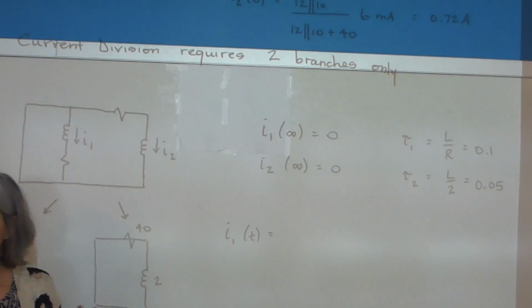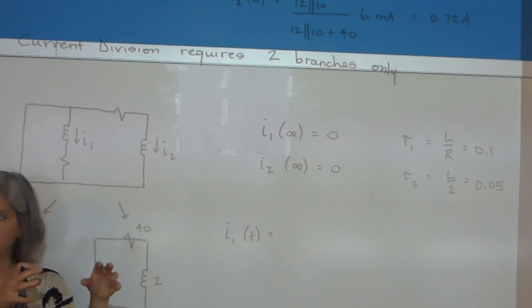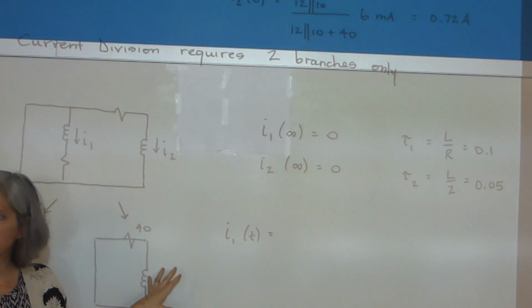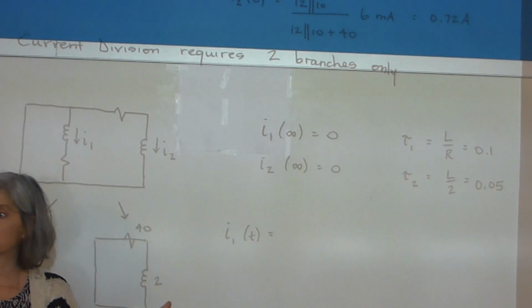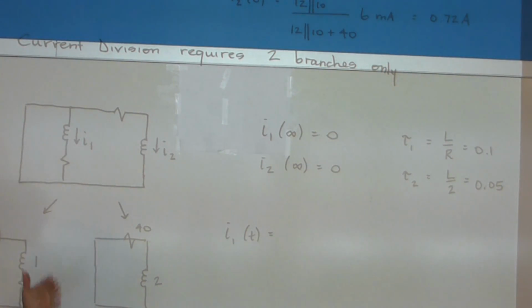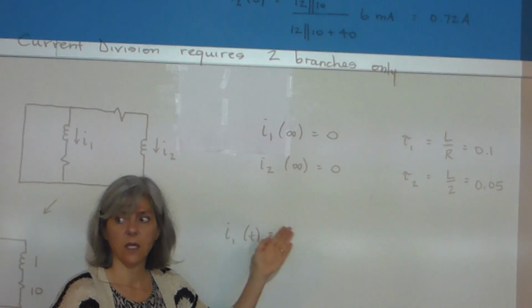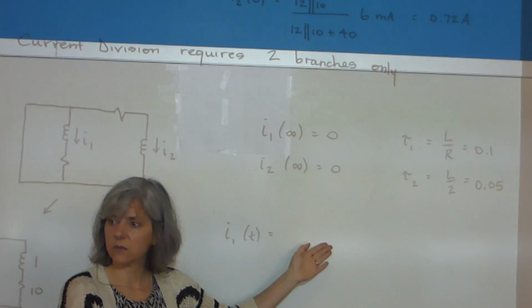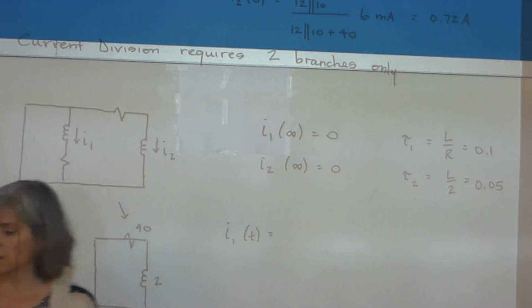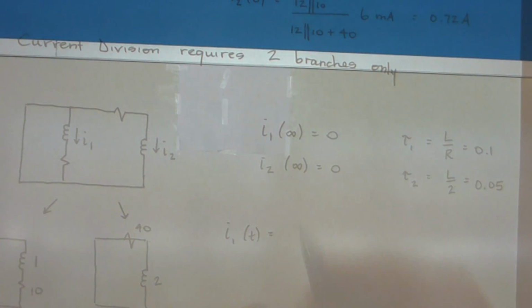I'm not going to write it in the form of final plus how far you have to go, because I know this is a natural response. I know it's a decaying exponential. So I'm just going to jump straight to its initial value times the decaying exponential. So initial value, 2.88 e to the minus 10t